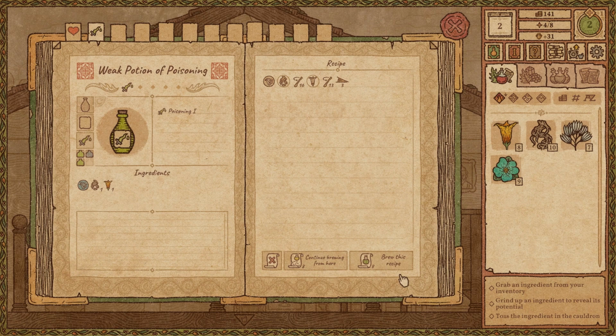Now, if we didn't have the ingredients, we would not have this option, but you can see here too that we have the option to essentially make 8 of these. We have enough ingredients to be able to make 8 of these. This recipe doesn't really matter,